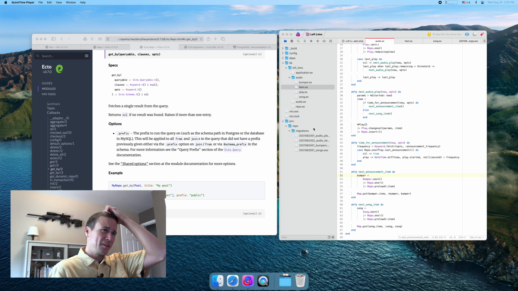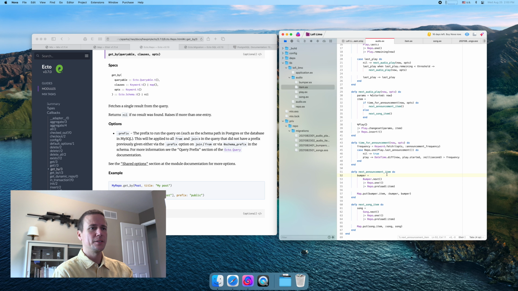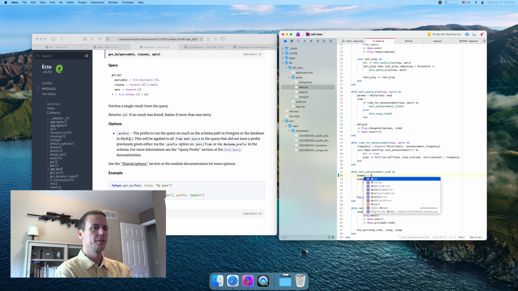I happened to find a snack while I was getting some tea, and I was eating that, and I thought maybe there's a better way to do this here. It's six of one, half a dozen of the other. Like, I just didn't like the way that the data structure came out looking with the item having a bumper that has another copy of the item. And so here's kind of what I thought up, is maybe something like